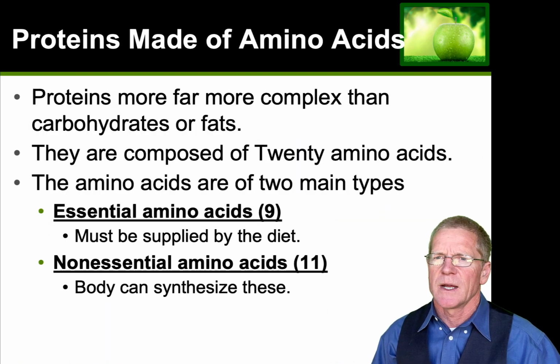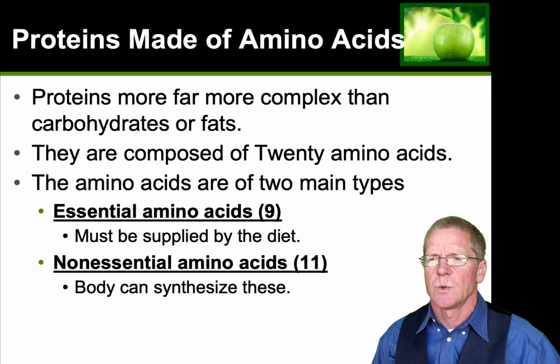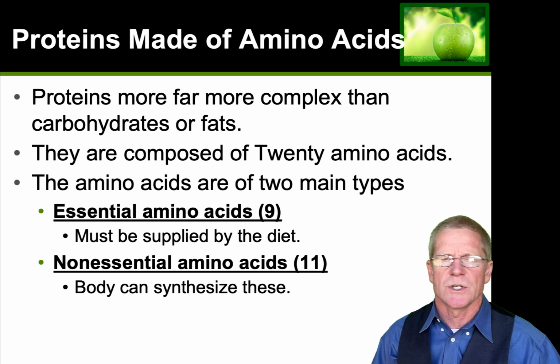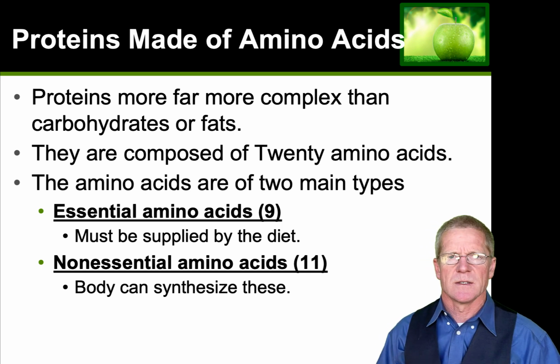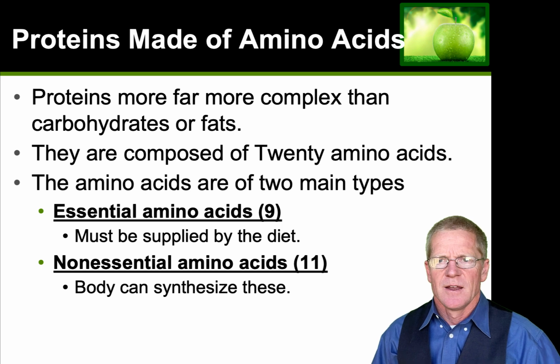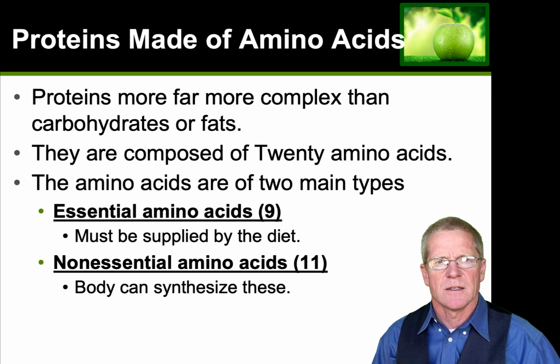Proteins are made up of amino acids. There are 20 amino acids, of which 9 are essential amino acids, which means there are 9 amino acids that your body cannot make and must be supplied from the diet. So it is essential to have protein in your diet, and you want to be getting at least 15% of your calories from proteins. There are non-essential amino acids that your body can synthesize.